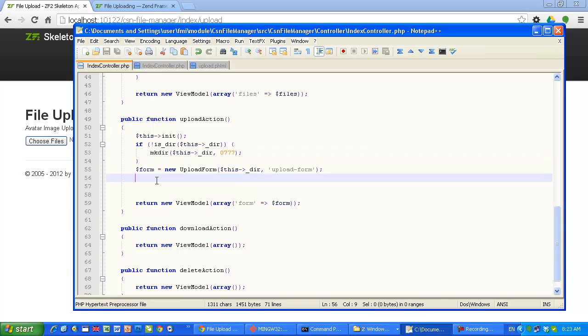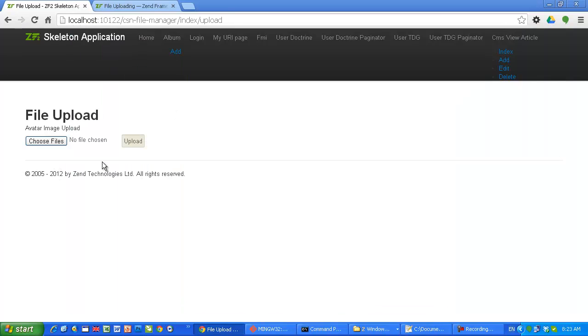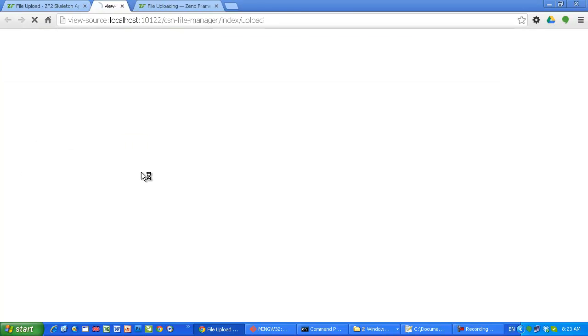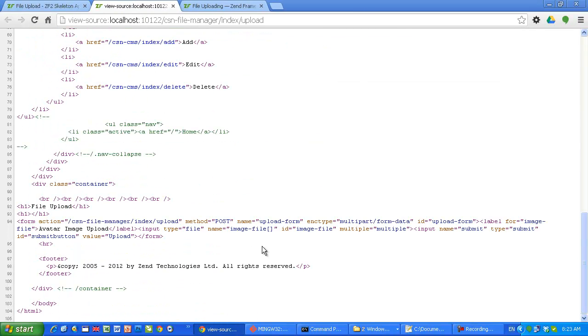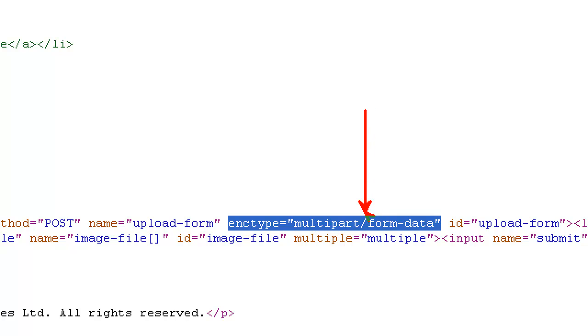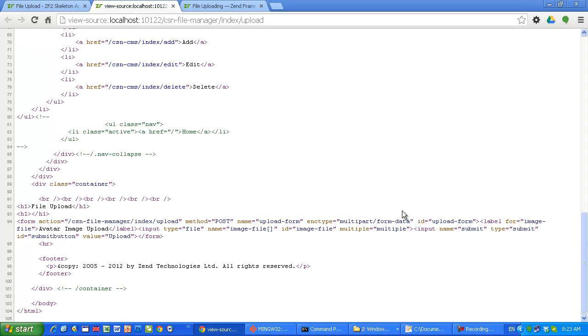Let me show you the form though. As I said, the enctype will be changed here in the form. Notice this, enctype multipart/form-data. This element itself changes the enctype of the form, so we can upload files. This is what I wanted to attract your attention to. Okay, so now